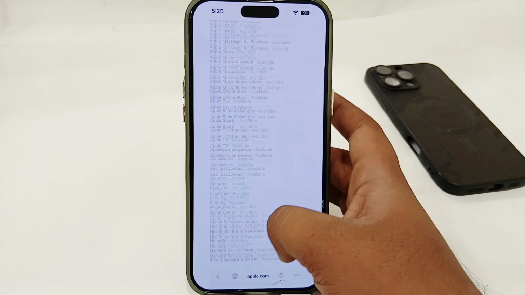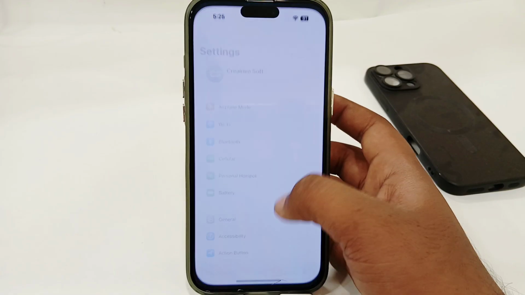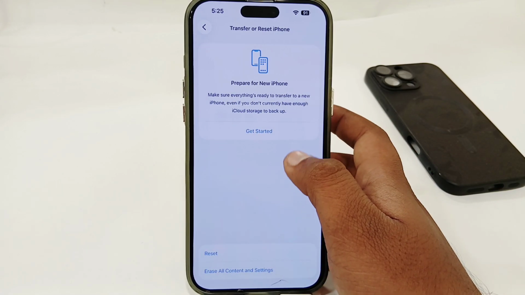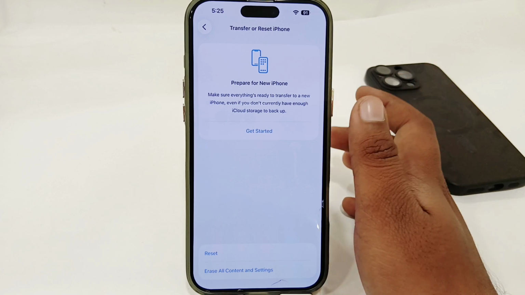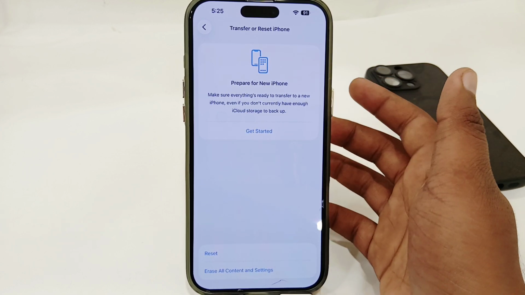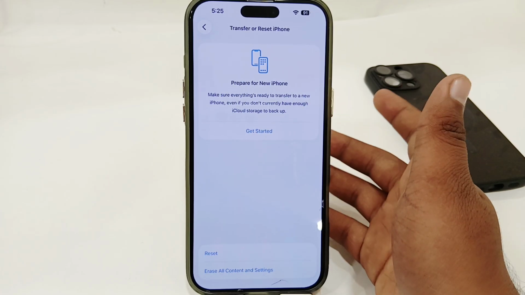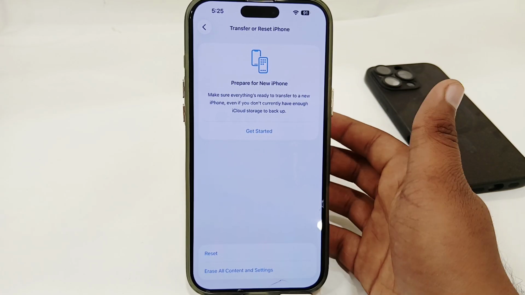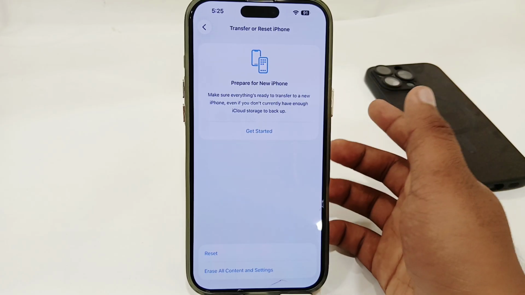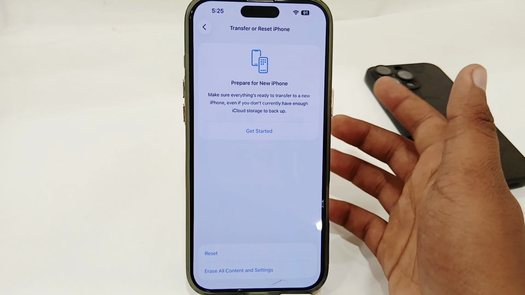If you find these are all available, but you are still getting the issue, you have to open Settings here, go to General here, go to Reset iPhone. You can also try to wait for almost 1 hour, 2 hours, or you can also wait for 24 hours, because it might be that after verifying again and again there will be an issue with your phone number on the system, so you must wait for almost 24 hours. If you have any data on your iPhone, you have to wait for 24 hours, and after doing that